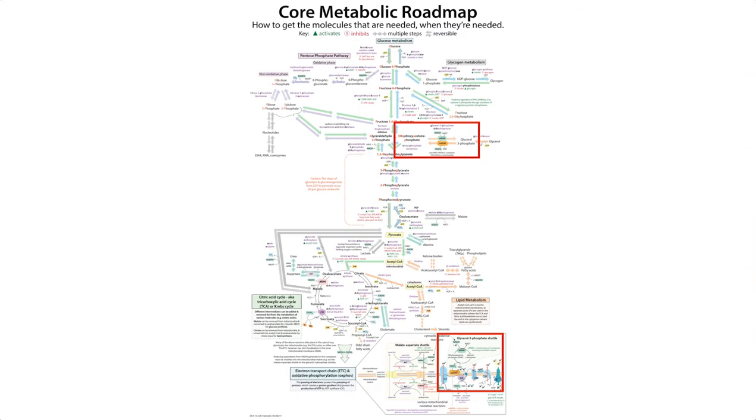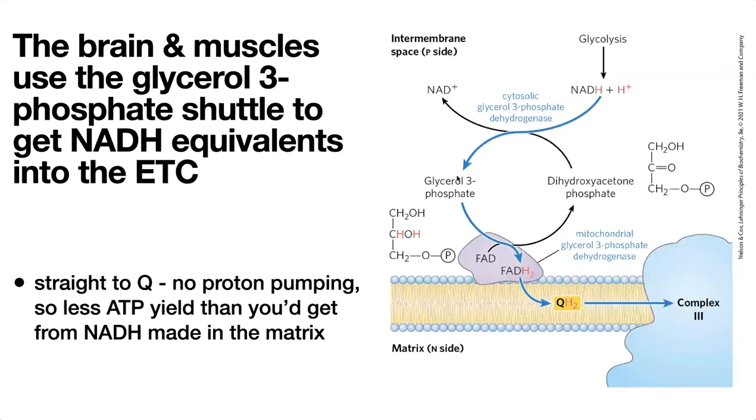However, we could also take this dihydroxyacetone phosphate and reduce it. And when we reduce it, we're able to generate glycerol-3-phosphate, which now holds on to those electrons. The glycerol-3-phosphate can now pass those electrons onto FAD in your mitochondrial membrane. And this is going to then, we oxidize it, so we reverse this reaction. But here we're passing those electrons from glycerol-3-phosphate onto FAD to form FADH2, which can then pass those electrons onto